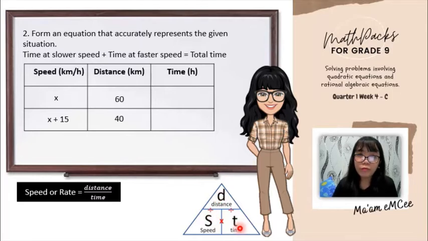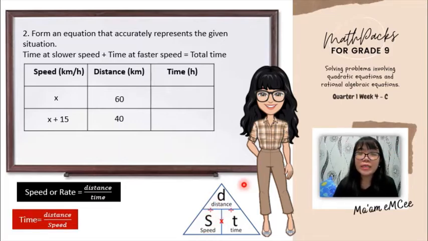Now, how about if we have the time? So, time, this one is time, it's equal to distance over speed. Kaya again, si distance sa babaw, si speed sa ubos. And the operation needed is division. So, the formula for the time is, again, distance over speed. So, if you're looking for the time, you need to divide the distance by its speed